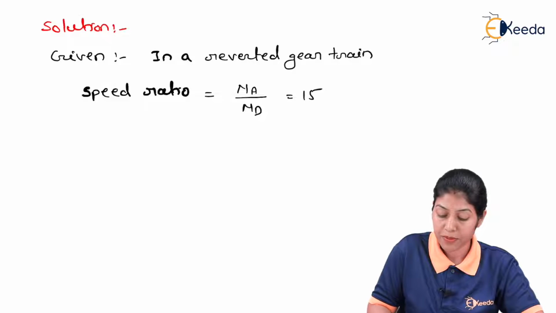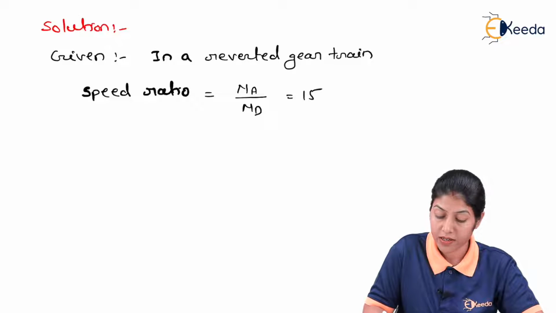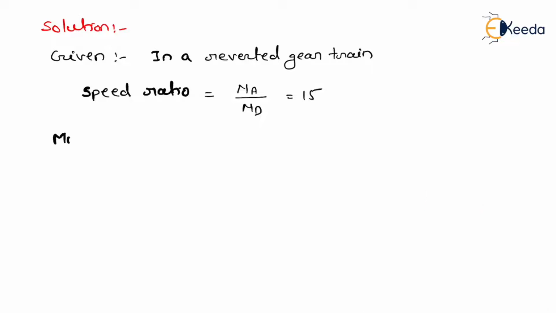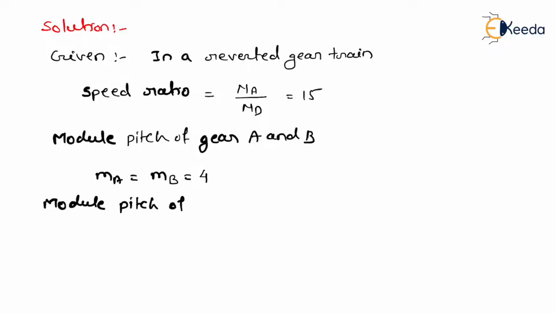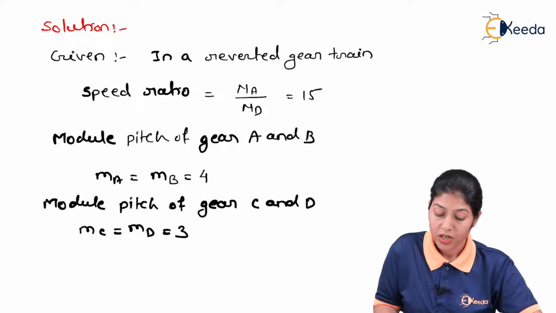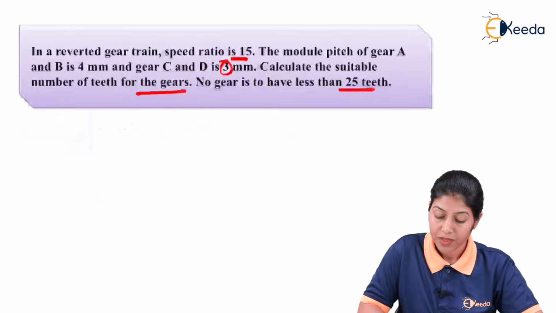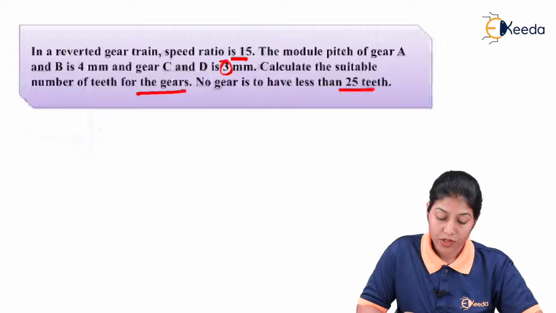So the first value is given, speed ratio. This particular speed ratio is representing the reverted gear train, so this is the combined speed ratio we are considering. It is represented by NA by ND, and this value is given, 15. So these values are given for module pitch, and module pitch for gear A and gear B is same, it is 4, and module pitch for gear C and D is same, it is 3. So these values we have, and on the basis of these values we have to determine the number of teeth